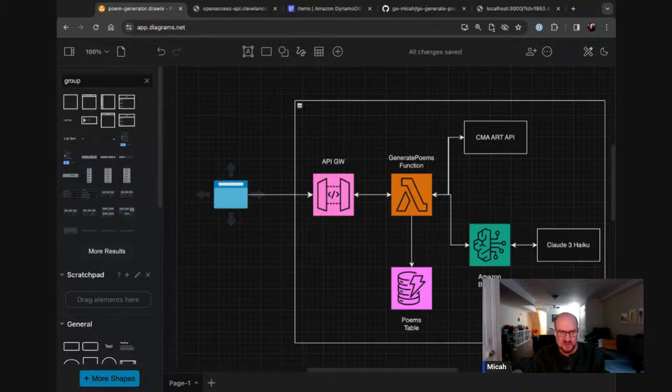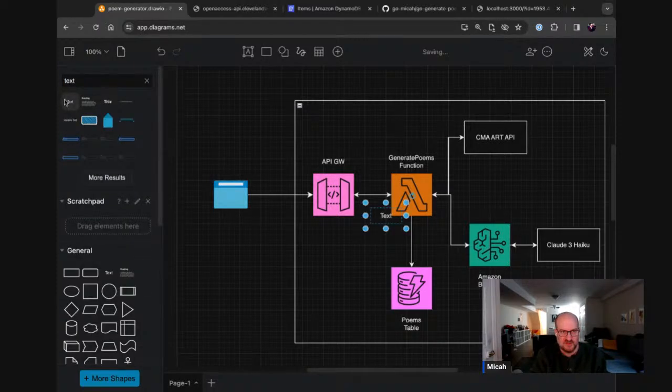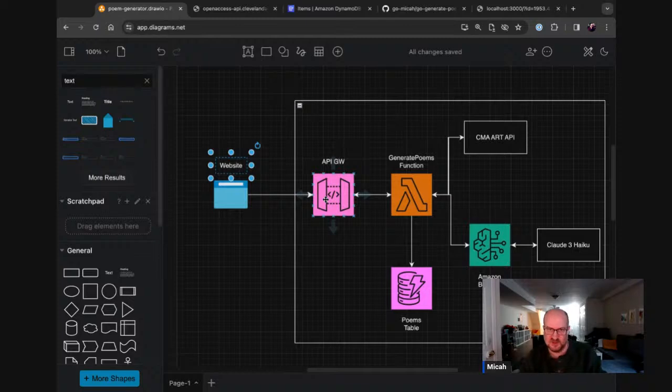First of all, I think it would be fun to have some kind of a website to display them, right? That seems obvious. So we can make a website of some kind. And that website can basically do the exact same thing we've been doing. It can display the poems somehow.